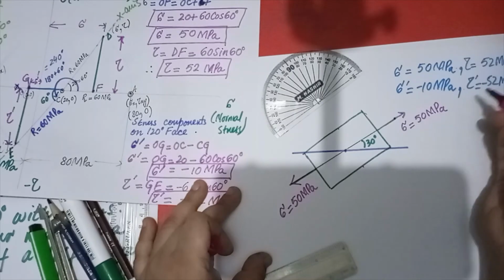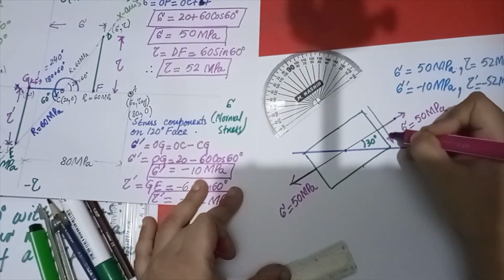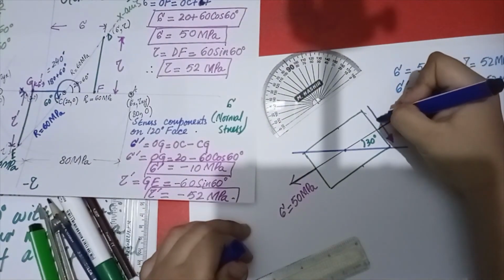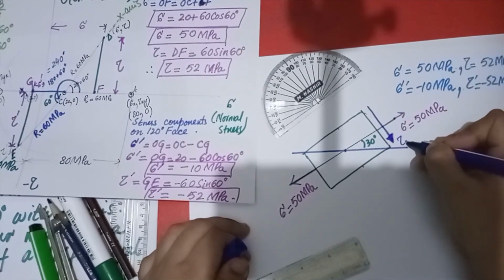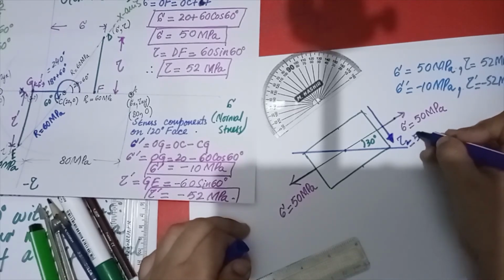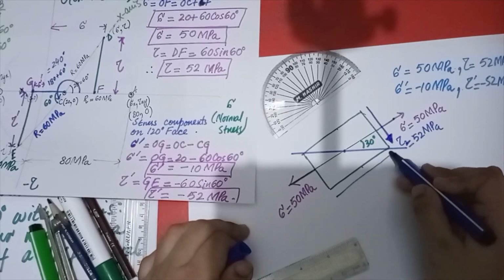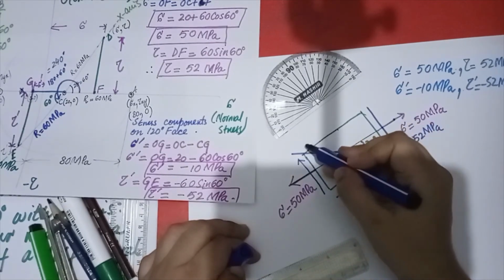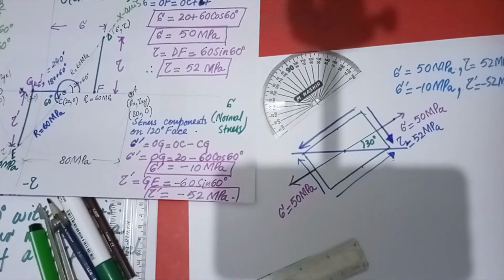And the next thing is tau is positive one, so it will be downward, clockwise. So let me draw it with another pointer, and I am taking the blue one. This will be your tau, and tau is 52 MPa. So it is downward, so this will also be downward. Head to head, then this will be tail to tail, and this will be head to head and tail to tail.